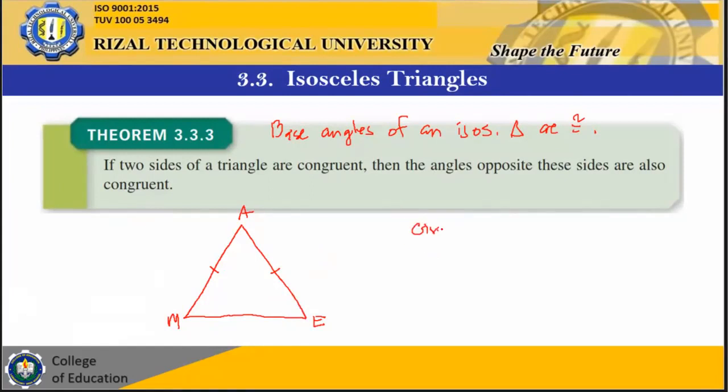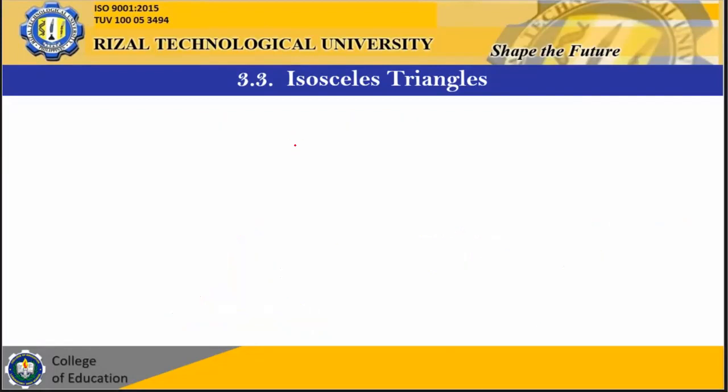So, given triangle MAE is an isosceles triangle. Okay, let's prove that angle M is congruent to angle E. Okay, let's have our proof. Medyo mahaba pala ito. Maiksi lang. Number, statements, our reasons. We have number 1. Of course, given ulit yan, triangle